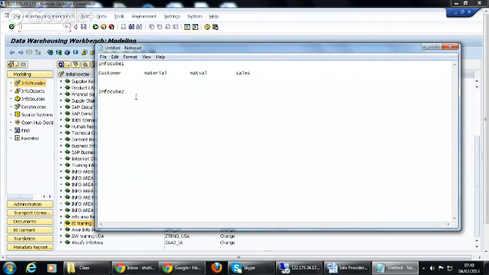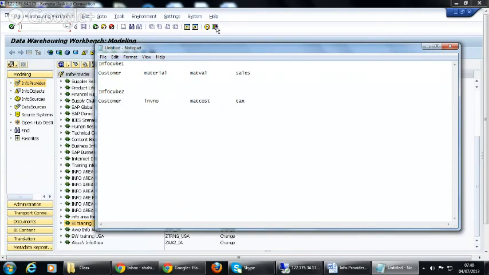And in InfoCube 2, you have customer, invoice number, material, cost, and some tax or something.